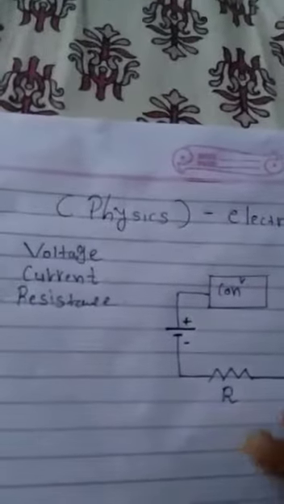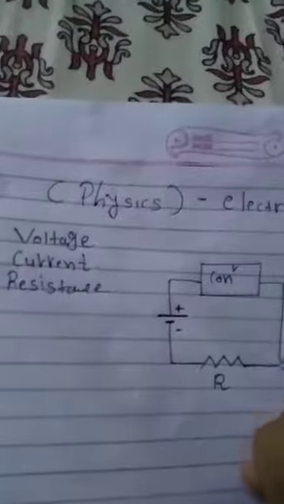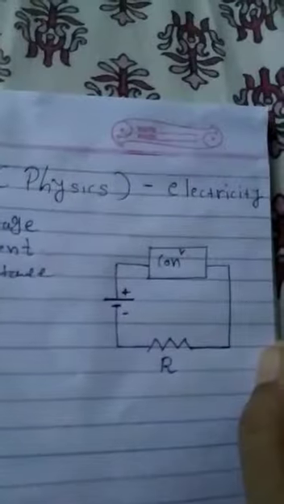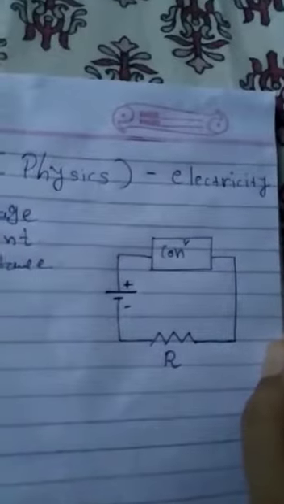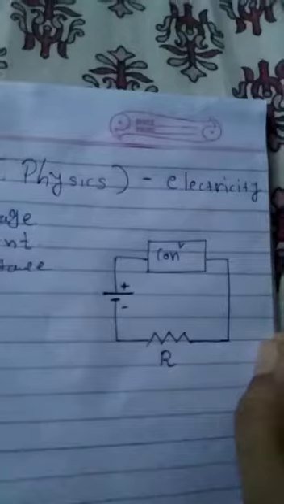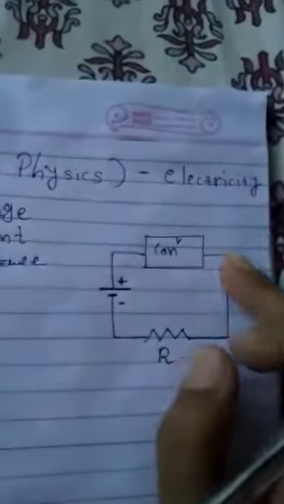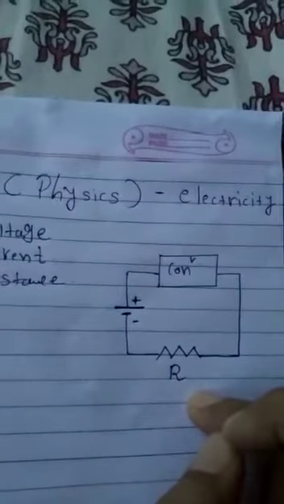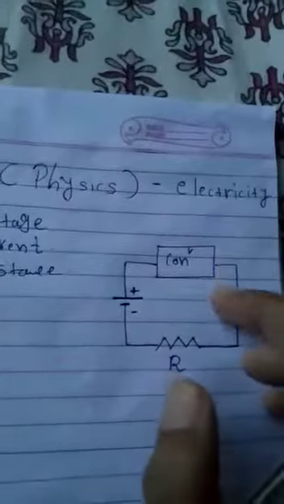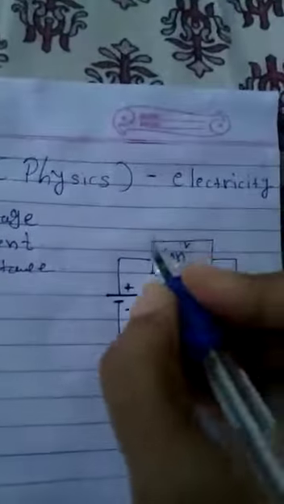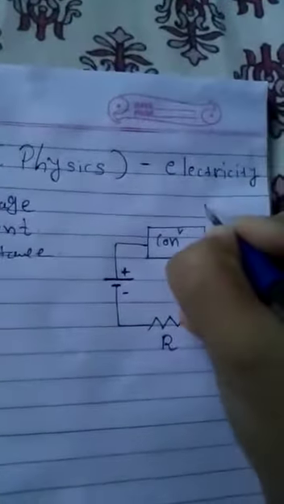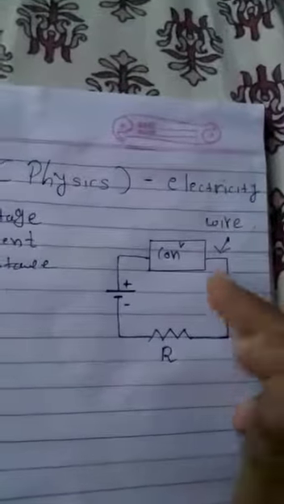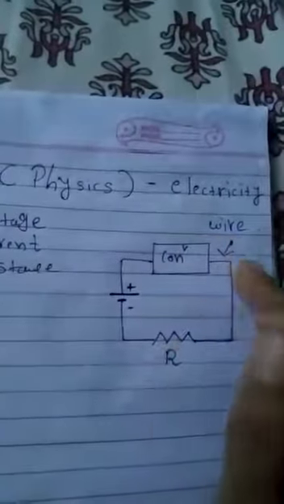All right, and here we connect this. What type of circuit is this? A closed loop circuit, right? Why is it a closed loop circuit? Because all components are connected, and there is no breaking point in this wire, which is a copper wire. So this is the closed loop.